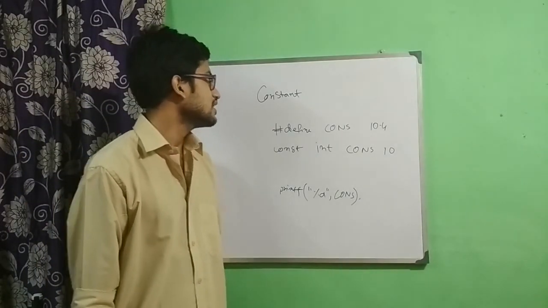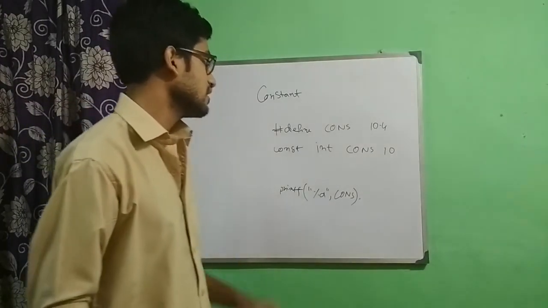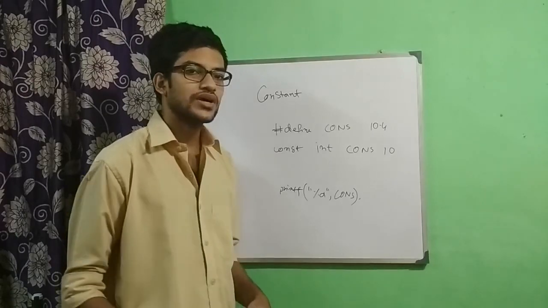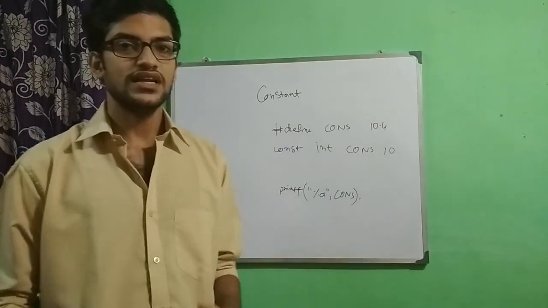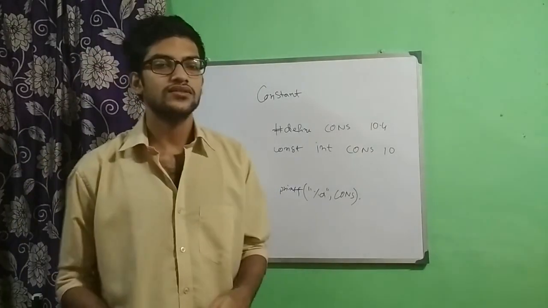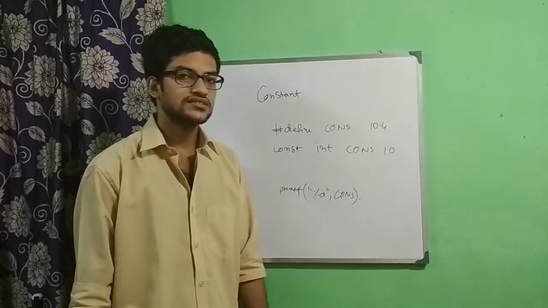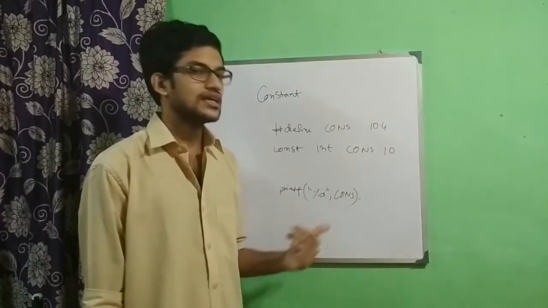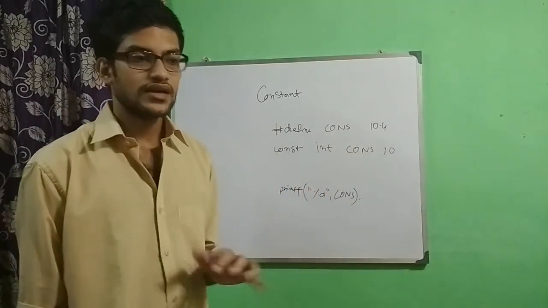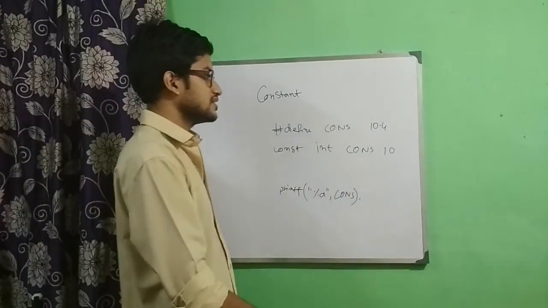So now you can see that we have two methods for declaring and defining. Both happen at the same time, because you have no way to define the constant later. In case of a variable, you have a way to define or assign a value later. But in case of constants, you cannot. You will have to declare and define on the same line. If you do not define it on the same line, if you skip that definition part like this,